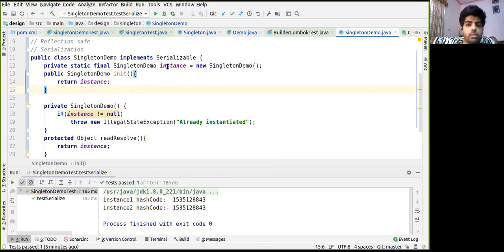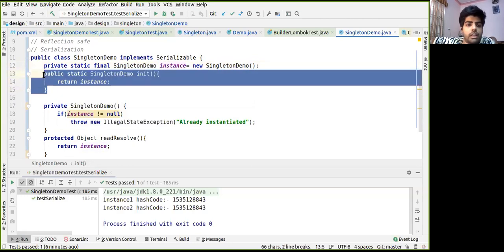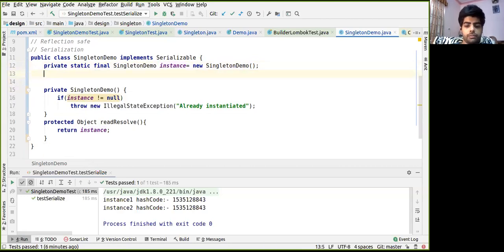But this does not help at all because the instance would be created in the beginning itself, since we cannot instantiate this in the constructor. So using a static method won't help here because the instantiation remains the same. So let's try with a static class, a static inner class.